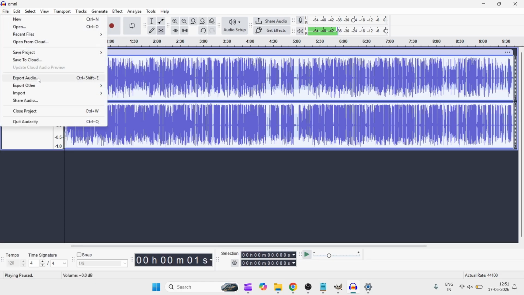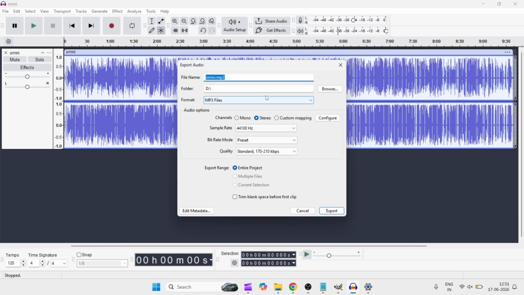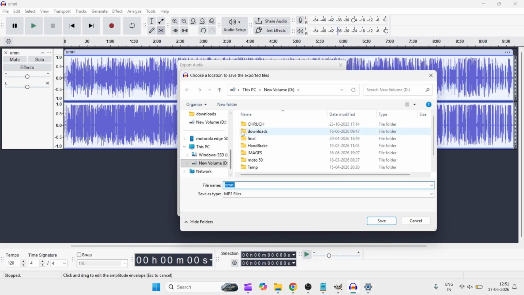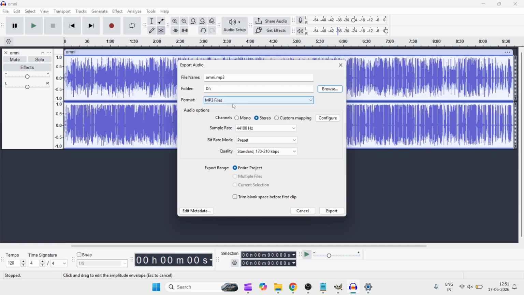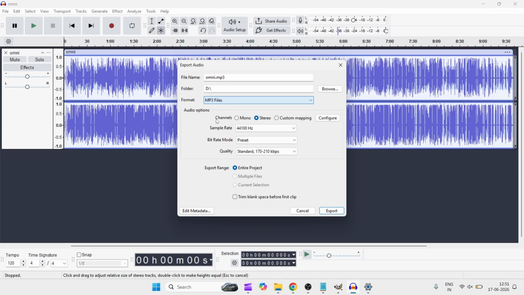Click on file, click on export audio, and click on export to the computer. And where do you want to export the file to? Okay, if you're okay with the D folder, let us click on D. In which format do you want? I'll choose MP3. If you want any other, there are OGG, FLAC, M4A, AC3, AMR, different formats available actually. But right now, as we are doing the tutorial on how you can convert from